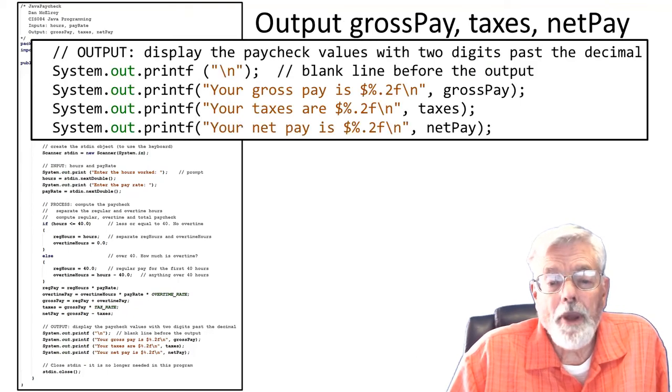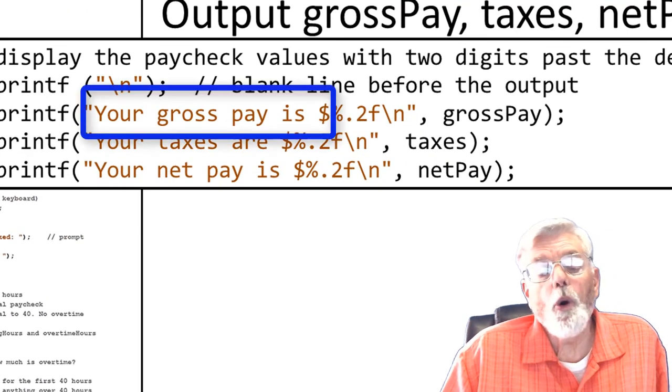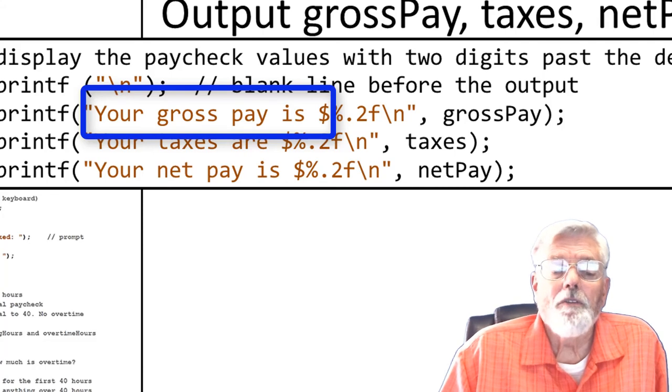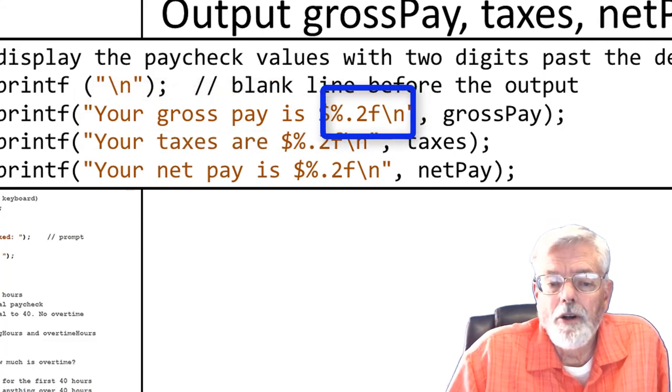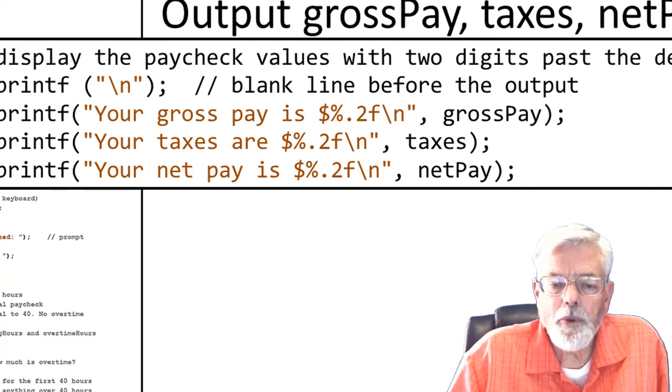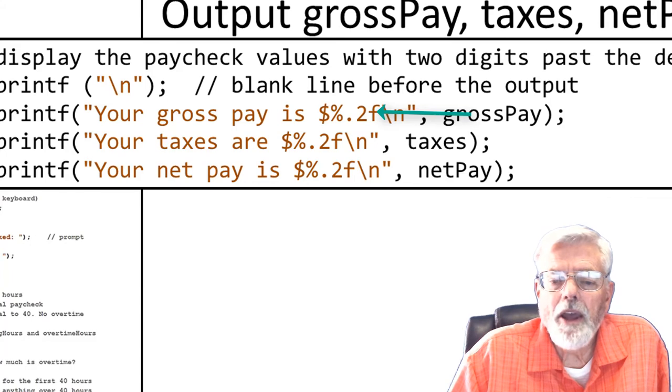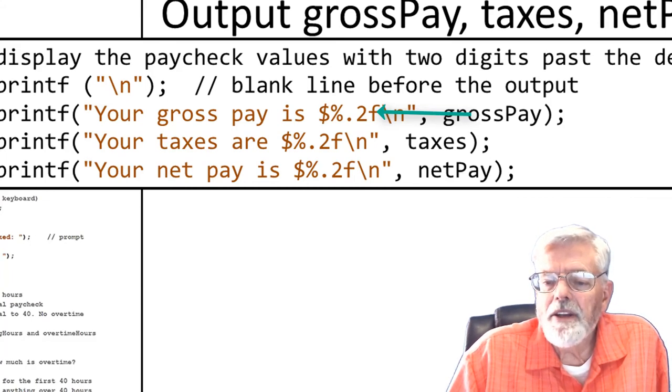The first part of the format string in printf is just text that will be displayed. Your pay is $, followed by the format specifier %.2f, and then \n, which moves the cursor down to the next line. The %.2f tells printf to replace the %.2f with the data that is in the next printf parameter. The f identifies that the data is expected to be of type double, and the .2 says display 2 digits